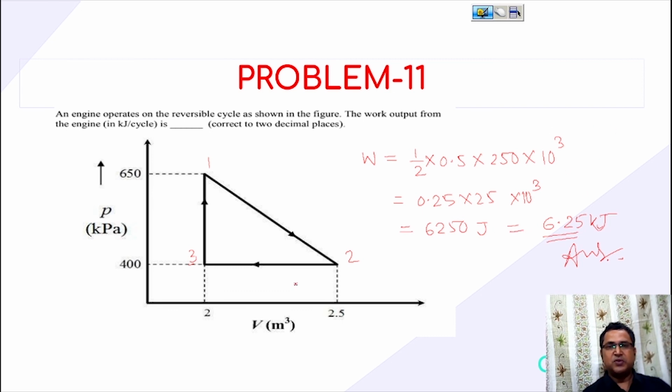So this type of question will be asked in the GATE, so you can easily go through this type of problem and find out the values. Most of the time you are asked how much work is being done in different processes or work done in cycles. You basically have to find the area of this diagram and then solve the problem. Okay, thank you.